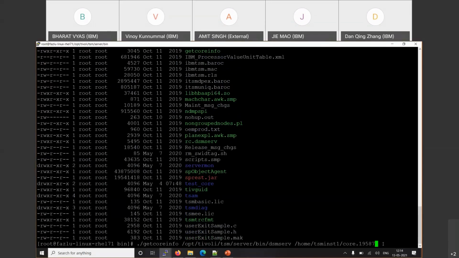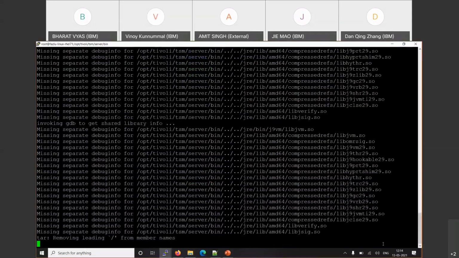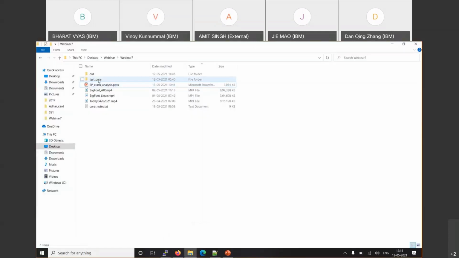And I need to press enter, and it starts to extract the call stack, and it will generate two files. It usually takes some time, so let me run this command in the background, and let me show you what exactly it will generate.